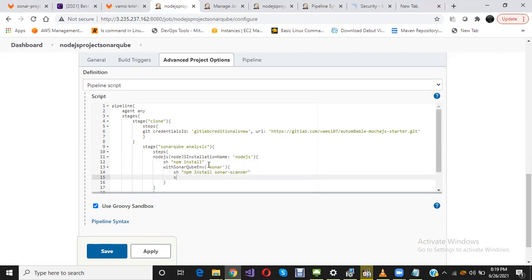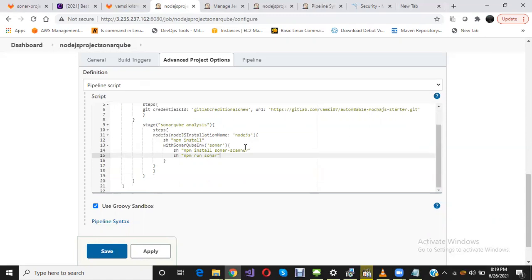The next thing is npm run sonar, which will generate the report in the Sonar server. I have closed this, this, and this. Steps I have closed, stage I have closed.